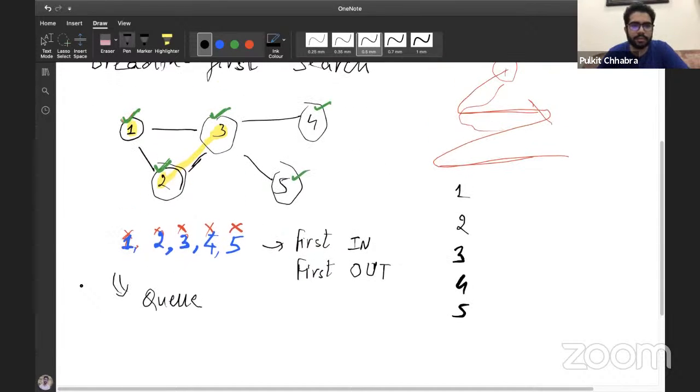So what I'm trying to tell you guys here is the nearest nodes will be pushed first, and then the nodes having a larger distance will be pushed.